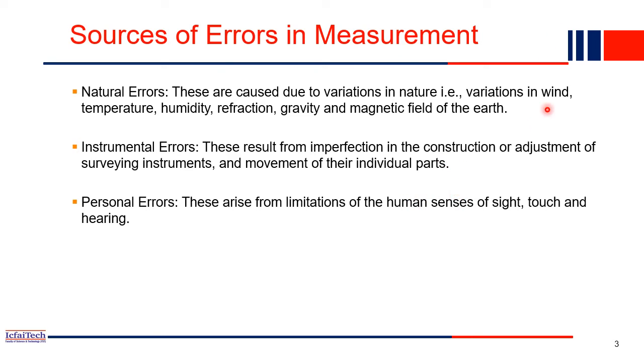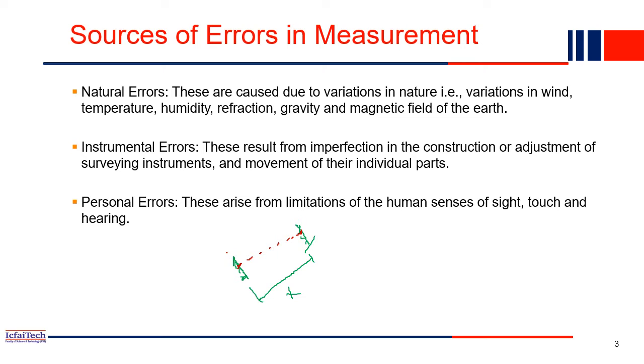So variation of wind is also very important. For example, if you want to measure the distance from this point to this point, you want to find out what the distance is between these two points. Okay, so you go to the site with a tape. You put the tape from here to here, right? Something like the tape.